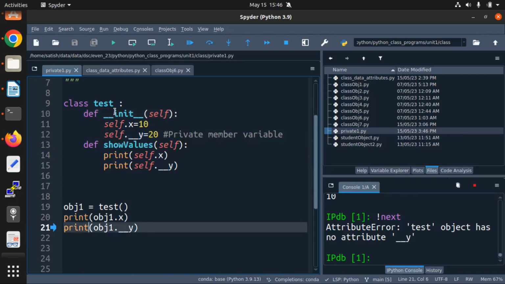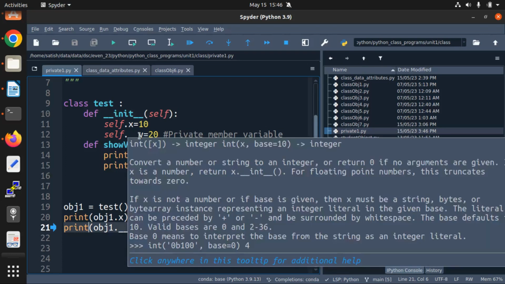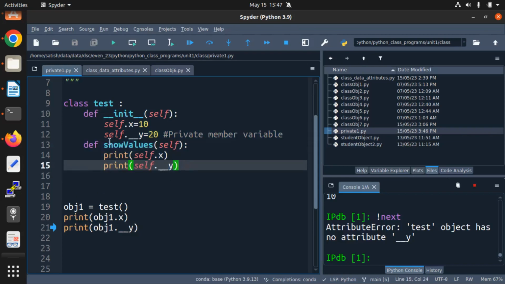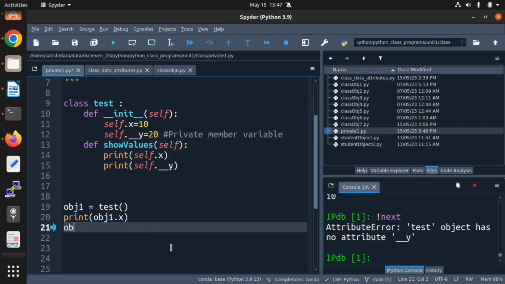So how do you access this? How do I get to see what is the value inside this variable y? It has to be done by a method inside the class only. Fine. So I have a method here called show_values. Here I can print self.x, which is the variable x value. I can print the self.__y value, which is the value of y that gets printed. So instead of printing obj1 directly, I can say obj1.show_values(). Now if I run this code,